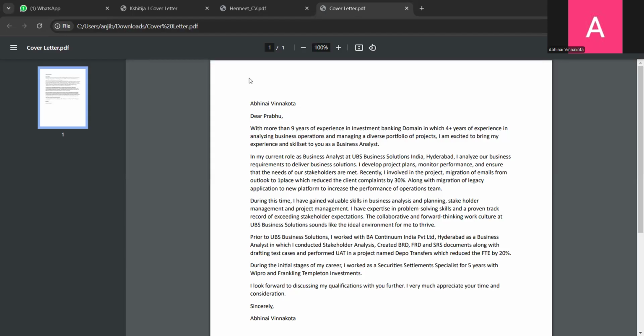See, business will give a requirement, and we will take user stories. Suppose we have created 10 user stories, and after prioritizing them we move to the product backlog.